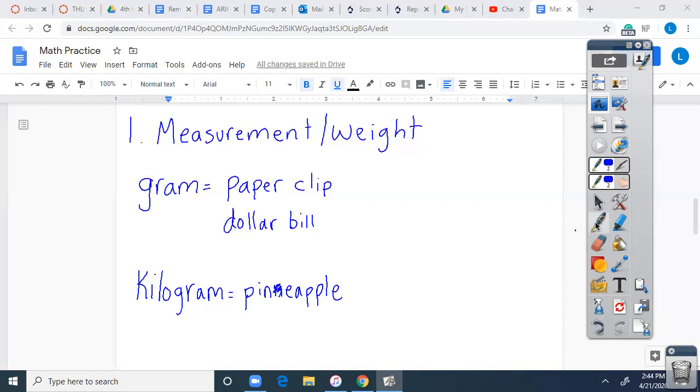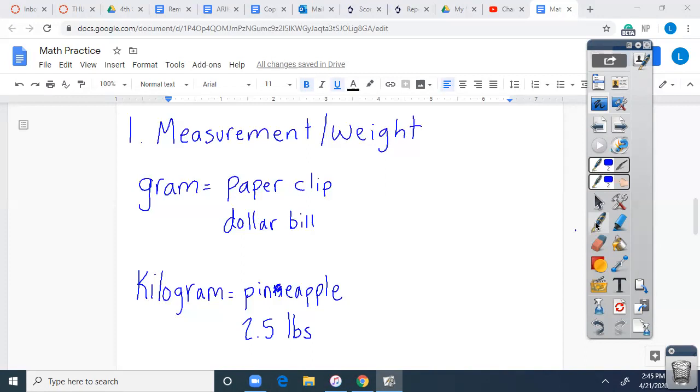Think of it like 1,000 paper clips, so it's going to be a little bit more. It weighs about 2.5 pounds. Okay, that might be easier for you because we usually talk about pounds, not kilograms. So it's about 2.5 pounds. Okay, the next thing that you need to know is,